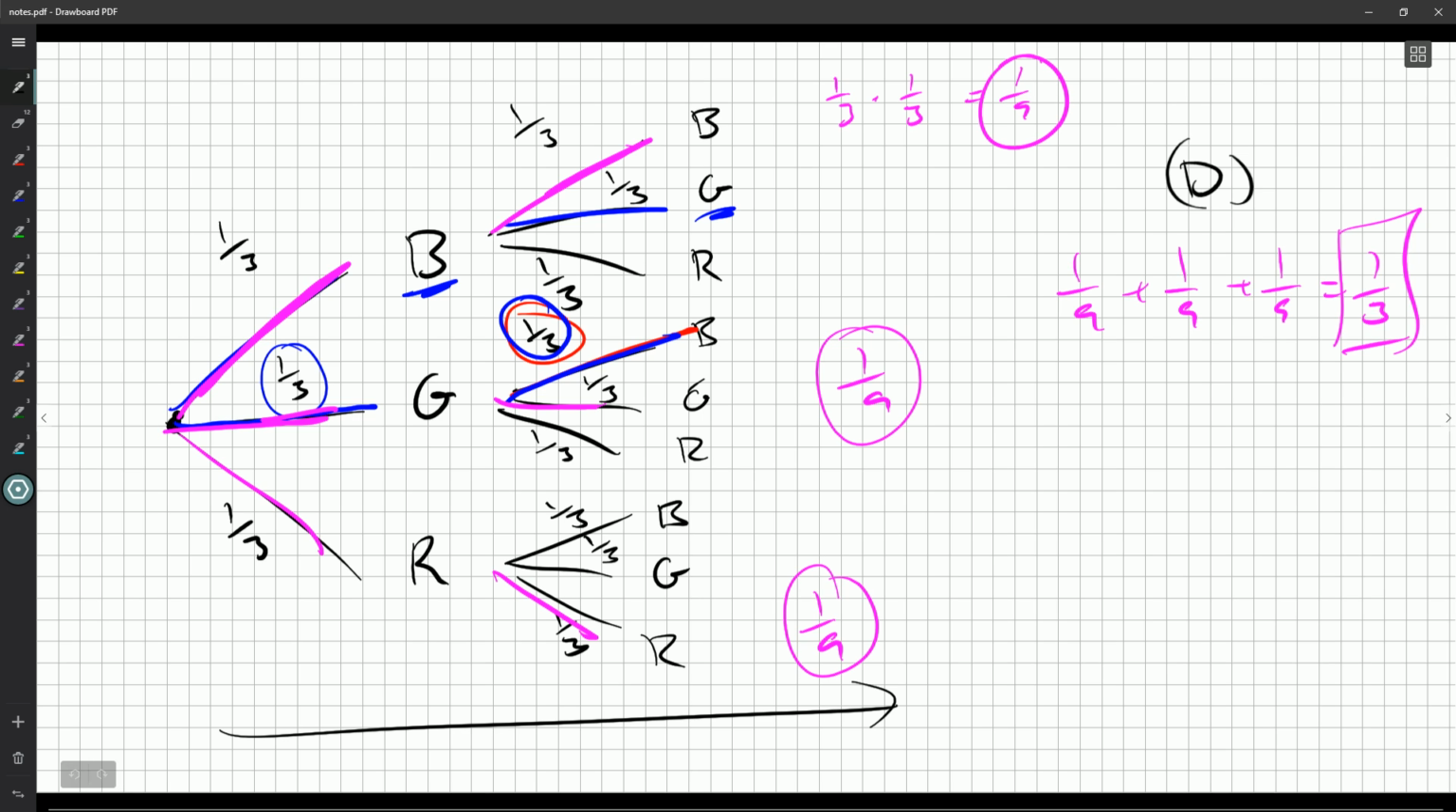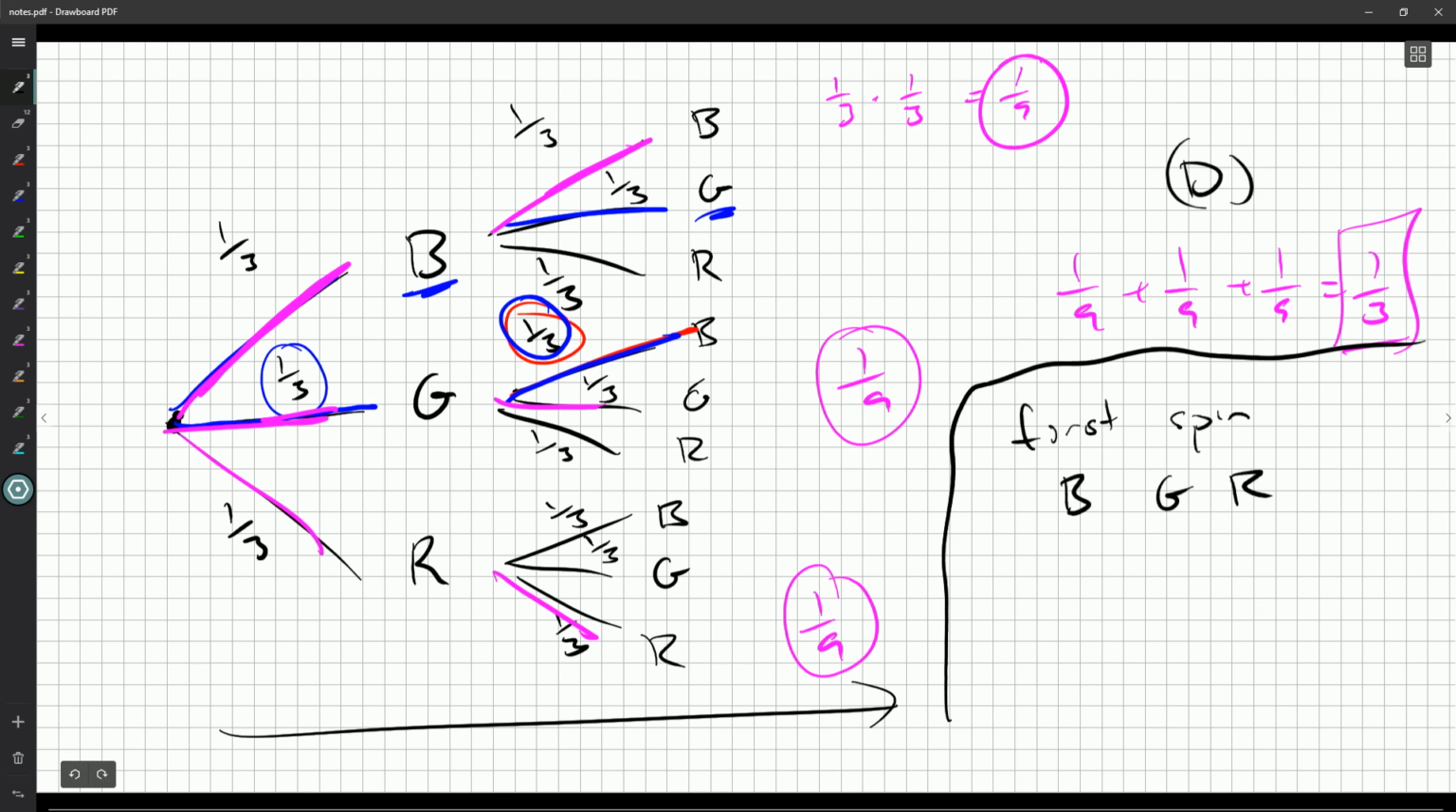Can I just reason my way through the answer? Absolutely. So let's reason our way to 1/3 without all this drawing and calculating and knowing the rules of probability. Your first spin: does it matter? No, on my first spin I'll get blue, green, or red. But my second spin,